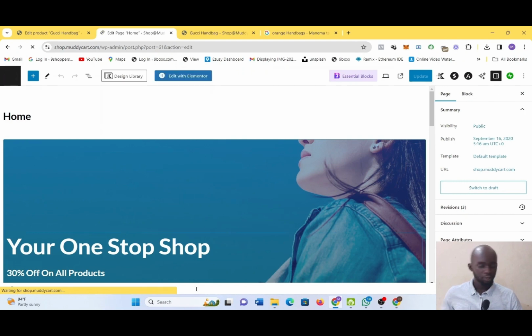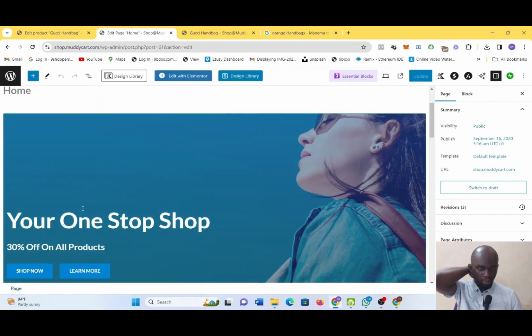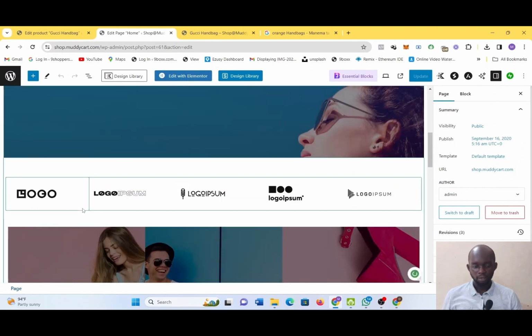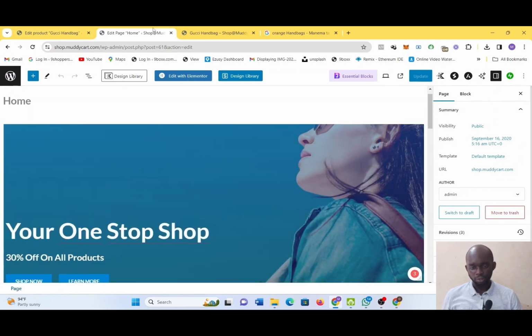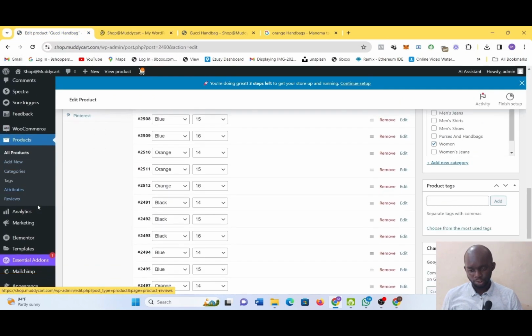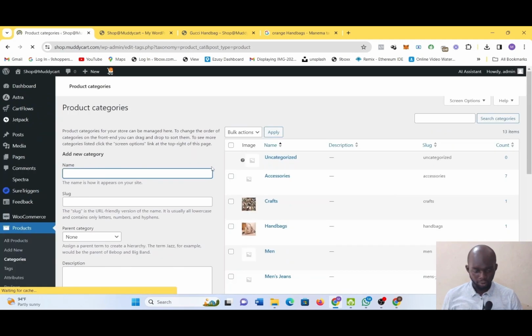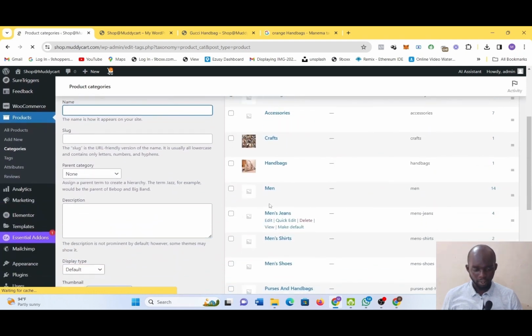You can change all these images, you can change everything here. Okay, I think that part I want to change. I have to go back. I know where to change it, not here. Sorry about that. This is what I want to change. Categories. So now I don't want men. I want something like,